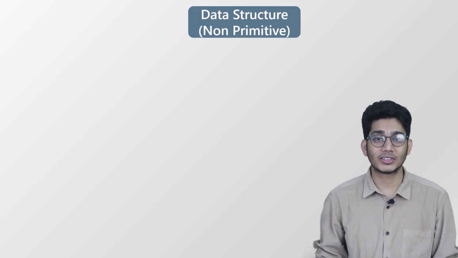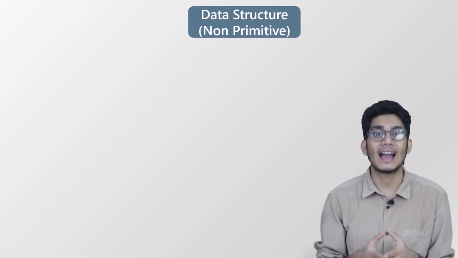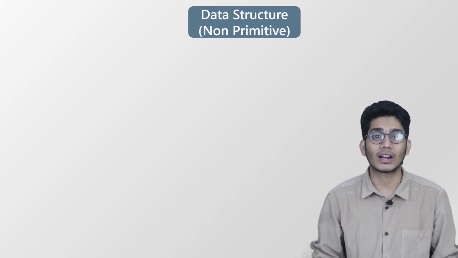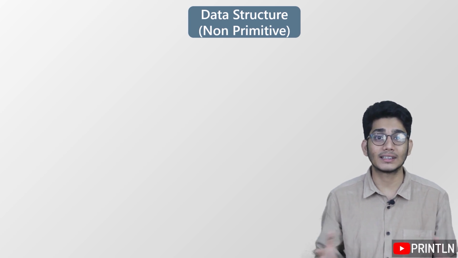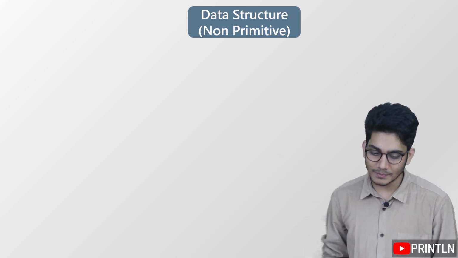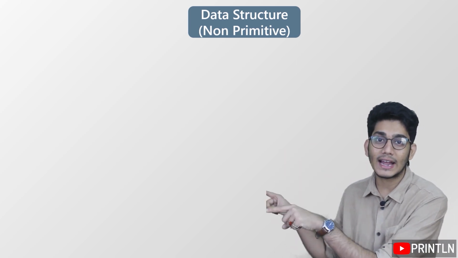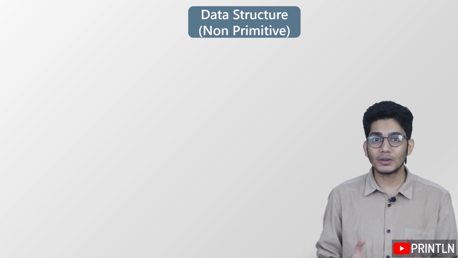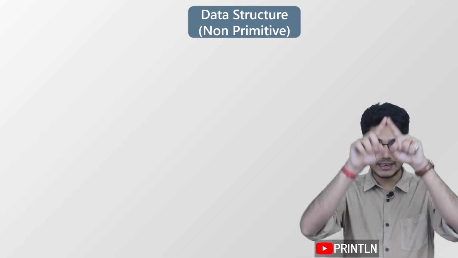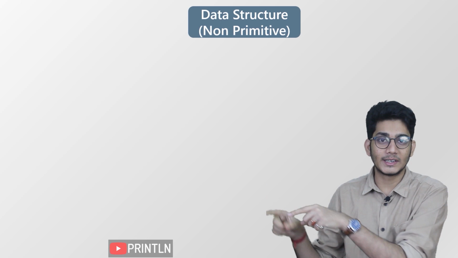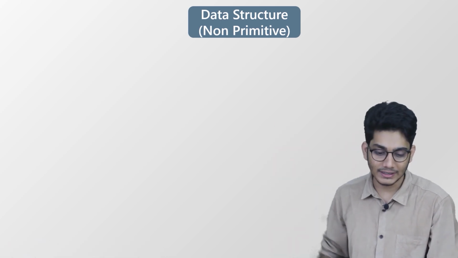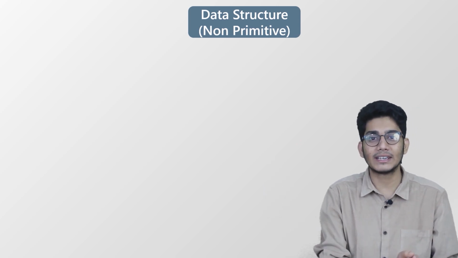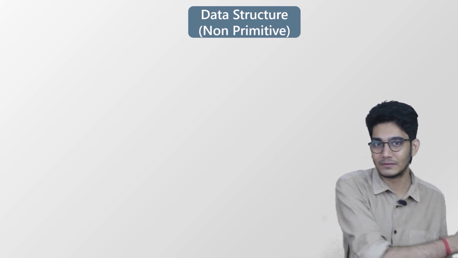And within non-primitive data structure, we have the entire hierarchy. In this series, we'll talk about the non-primitive data structure. So what is this non-primitive data structure, and what are the components we have within it? As you can see on my screen, within data structure we have written non-primitive. The scenario is data structure, primitive and non-primitive, and in this series we'll talk about the non-primitive hierarchy. That's why I have written data structure non-primitive, and within primitive you have the int, float, char, double, as I have discussed earlier.